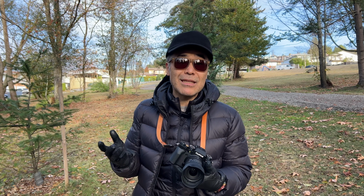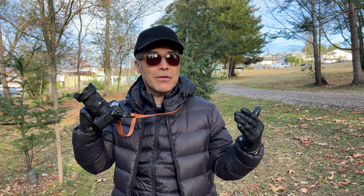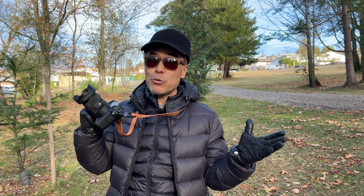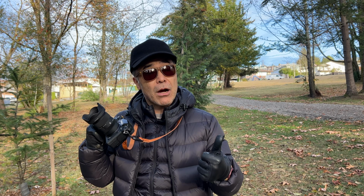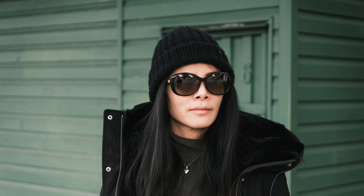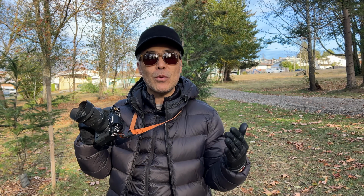So number one is size and weight. I think that's the main reason why you would get this. It's basically the same size as Fujifilm's XF 18-55 f2.8 to f4, so it's not constant, but f2.8 at 18 is great, and this is 2.8 right throughout the range. And so it's not only great for videographers, but also for stills photographers, because when you're at 50 f2.8, you're not getting the most bokeh-licious shots, but you are getting some bokeh. And so that's something, if you don't want to carry primes, this 18-50 f2.8 is going to be good